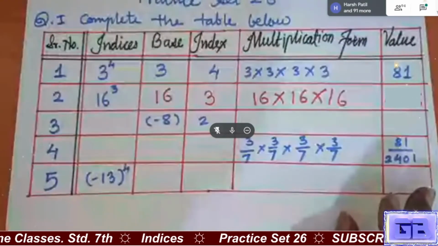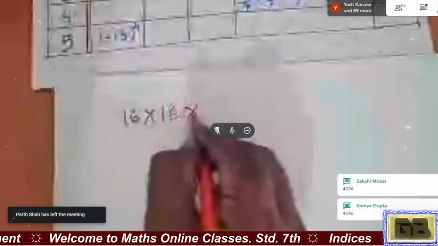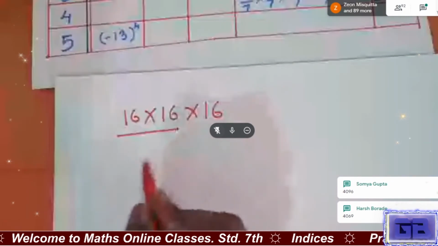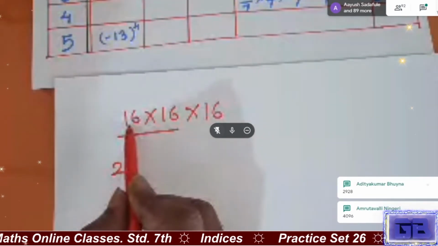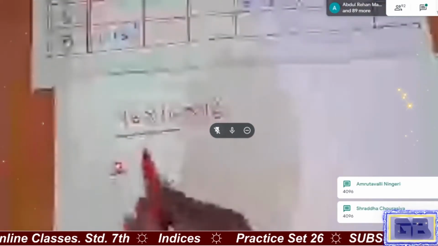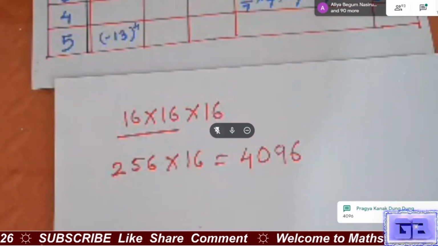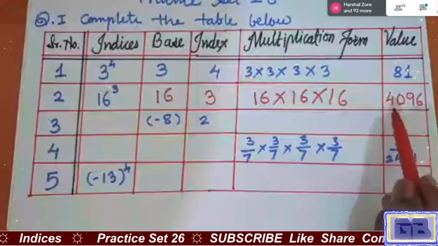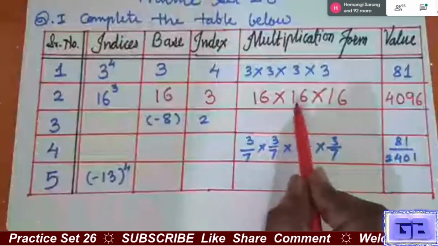And lastly, here we cannot say direct answer, we have to calculate the answer. Okay, 16 into 16 into 16, the square of 16 is no, not 48. We are not adding here. 16 plus 16 plus 16 is 48, but we have to multiply. Okay, so square of 16 is 256, multiply by 16. Many are typing correct answer, and if we multiply these numbers, 4096, we get it. So we got here 4096 is multiplication of 16 multiplied by 16 multiplied by 16.